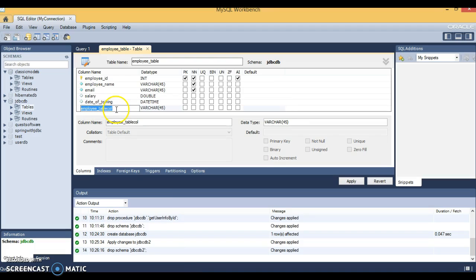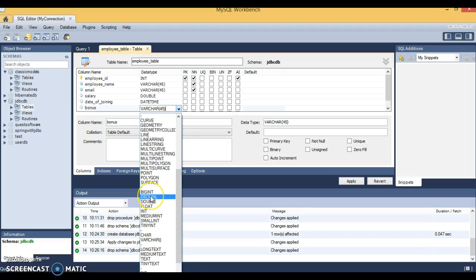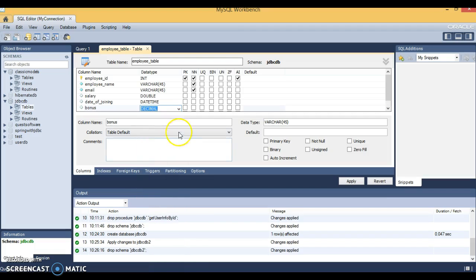Now last but not the least, I'm going to take one more column, that is bonus, and data type I'm going to select as something called decimal. So here you can see decimal, right? And this can be null as well.